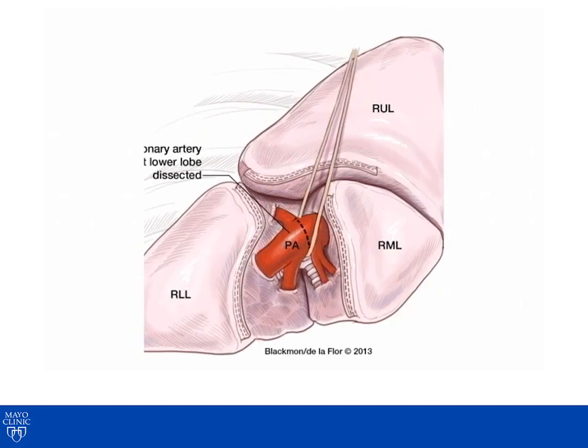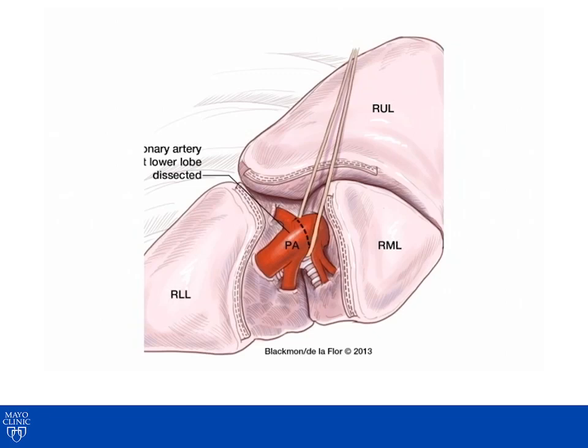Sometimes it is impossible to dissect the right lower lobe bronchus without feeling like you may be injuring the pulmonary artery. In cases where there is too much scar tissue or a lymph node is adherent, or in a situation where you would like to gain proximal control of the pulmonary artery, we recommend going into the fissure and dissecting out the pulmonary artery. By identifying the major fissure, which separates the right lower lobe from the right upper lobe